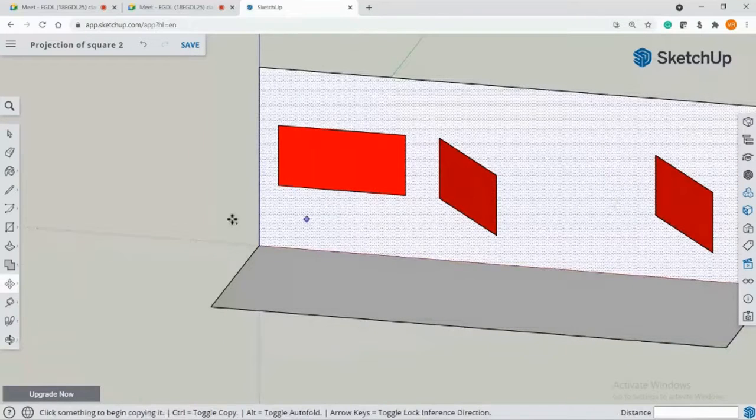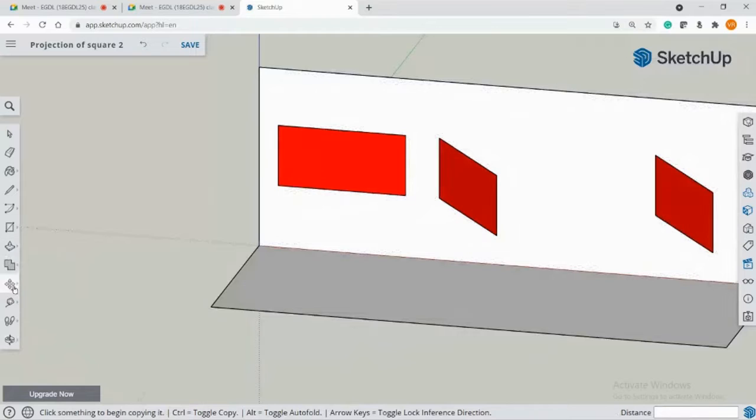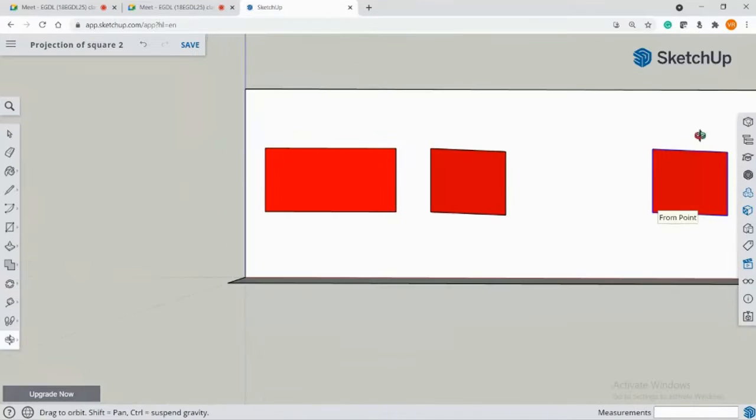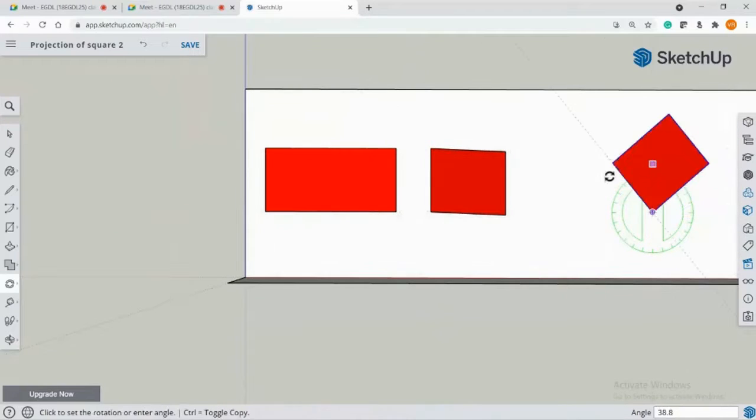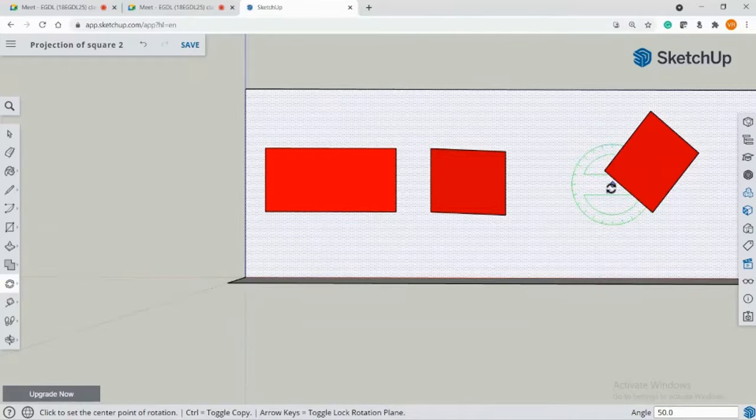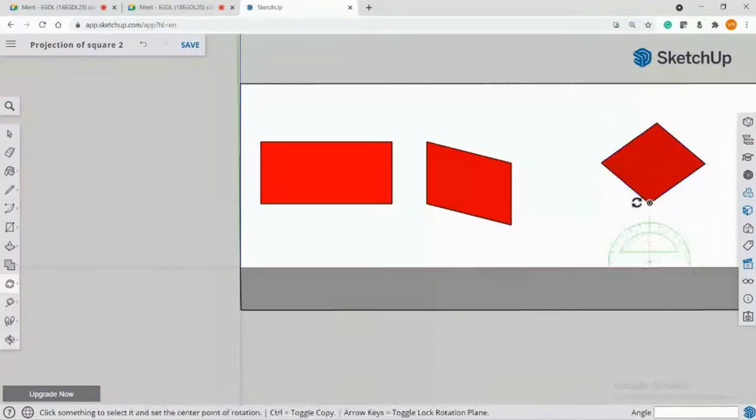I'll rotate it in such a way that, now let me just take this. So you can see I'm rotating it by an angle of 40 degrees. Okay, this is 40 degrees. 50 is what I had taken, but this is 40.